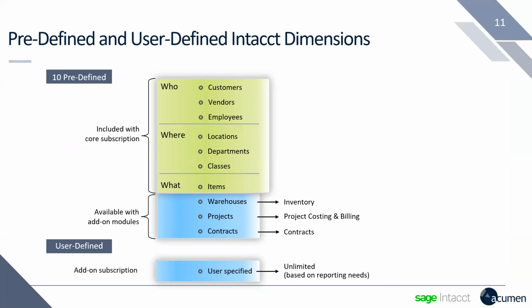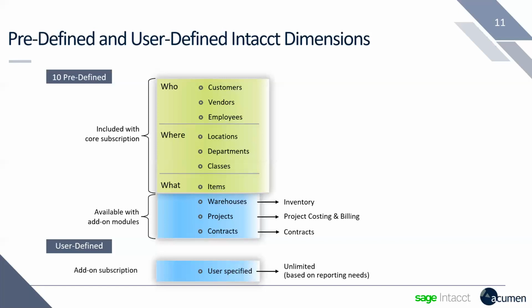As I mentioned, you can turn on any dimensions you want and attach them to any transaction you'd like, including journal entries, bank transactions, payables, receivables, inventory, and order entry. So everything is going to start to get tracked or tagged for that instant reporting that we're going to look at. Now, if I add on to those predefined, out-of-the-box dimensions, I can turn on things like